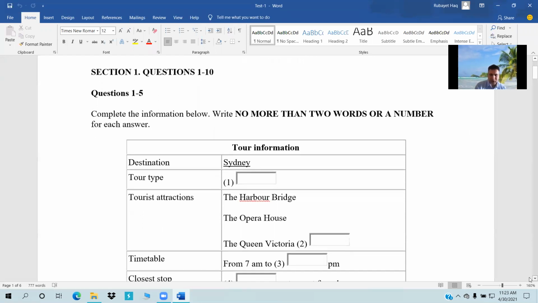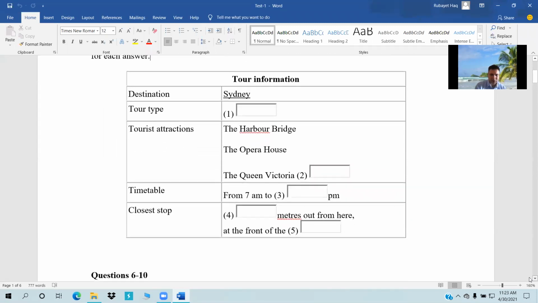In between the 10 questions, there will be a pause. Like for 1 to 5, the question will be given like this, and after that there will be a break, a pause for 30 seconds. You have to read the information very carefully, and before and after the gap, whatever things are given, you have to read them properly.